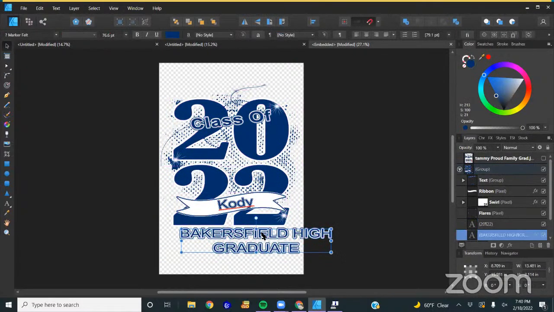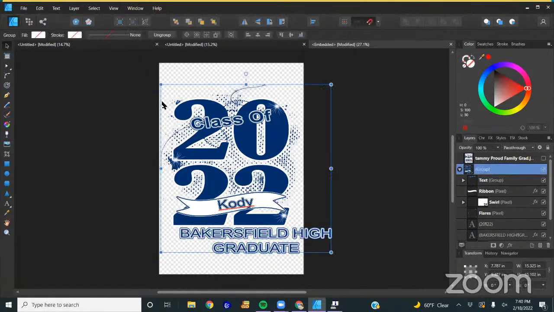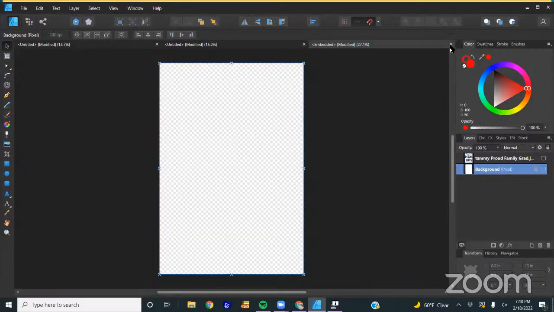This font, it's a question mark up here next to the font name. That means that font is not on this computer, but I don't even care about that font right now because I'm going to use something else. So I'm going to do select all. And you can either copy or cut it. So you can do Control-C or you can do Control-X. Either one, it doesn't really matter. I just usually do Control-X so it disappears.